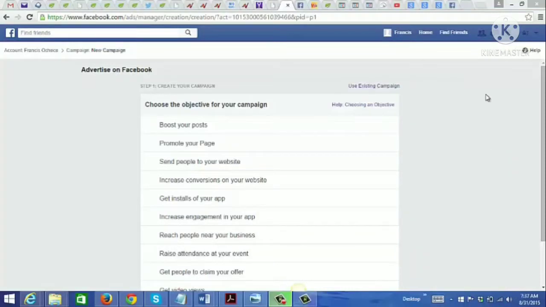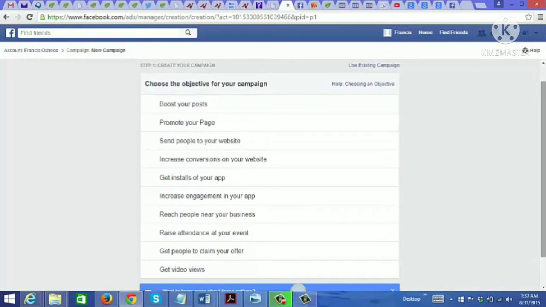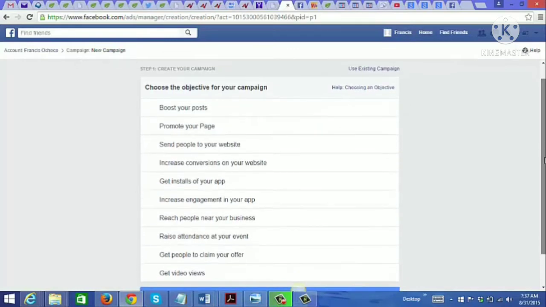When you click on create ad, this is the page that you are brought to, and you have a few options here to choose from. Now what I recommend you do is to choose this one right here, increase conversions on your website, because Facebook will use their million or billion dollar technology and try their best to increase the conversions on your website. So what I recommend is you do this one right here,